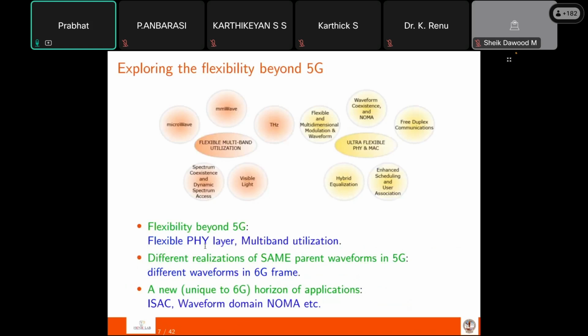So if we explore the flexibility beyond 5G, the basic starting point becomes the physical layer. In the physical layer, one of the promising technologies to have flexibility